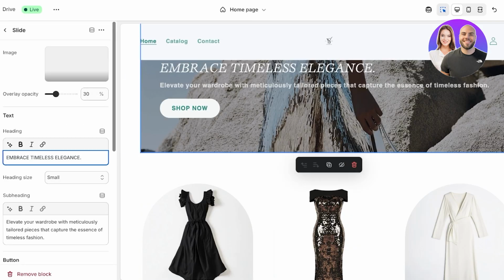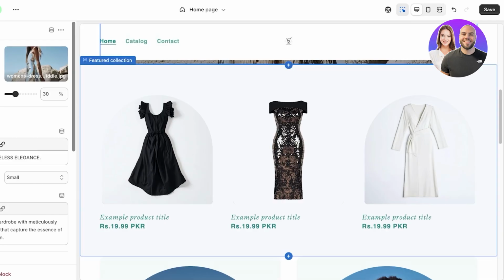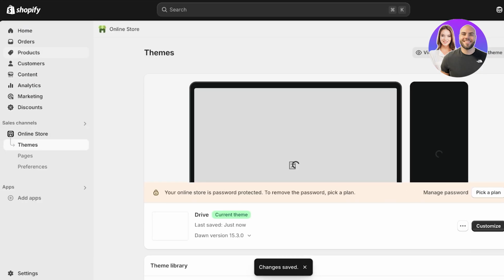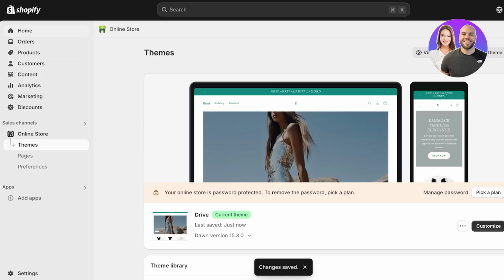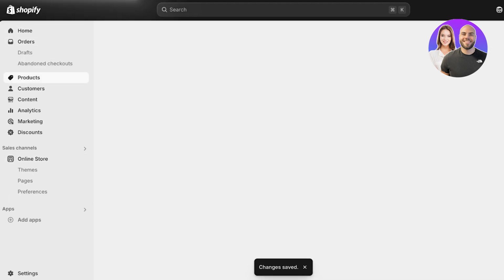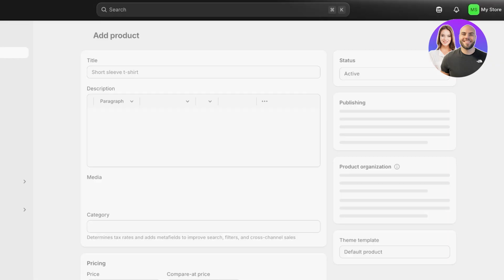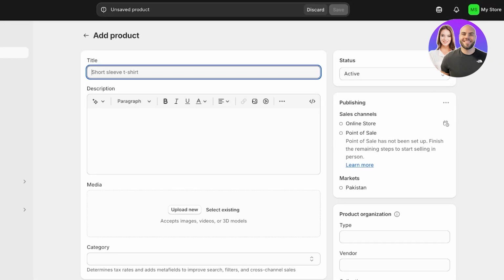Now, if you want to add your product, we're just going to save this and we're going to exit, and we can even improve our product listings with AI. So you can directly go into products on the left. Once you go into products on the left, you're going to click on add product. Once you click on add product, you're going to start adding the title. Let's say this is going to be our ruffle pleat set, and then you can click on